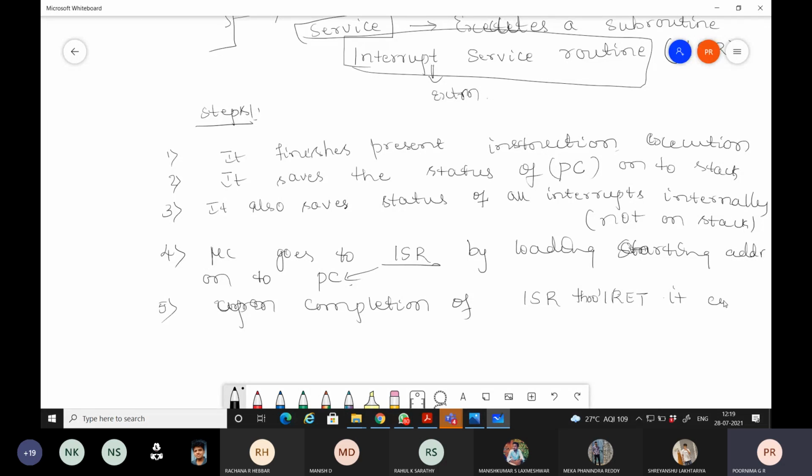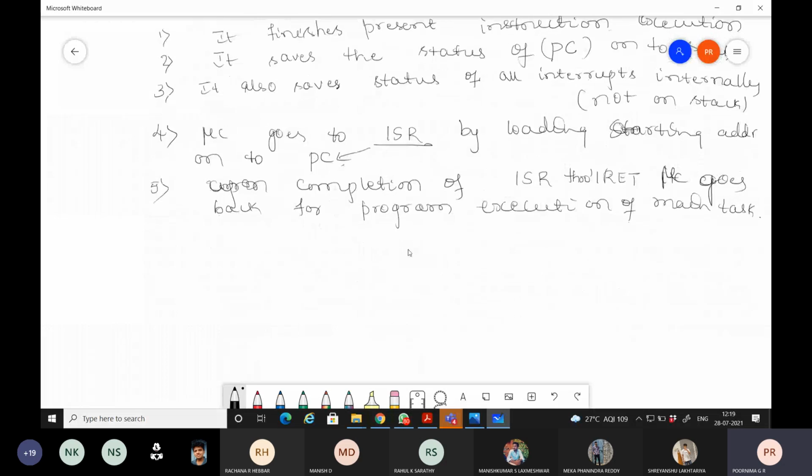It comes back to the microcontroller, and goes back for program execution of the main task. Okay, students, these are the various steps that the microcontroller will perform when it is going for any interrupt service.